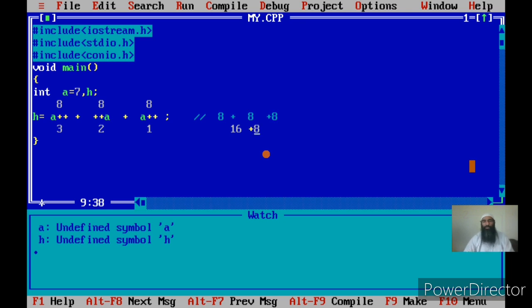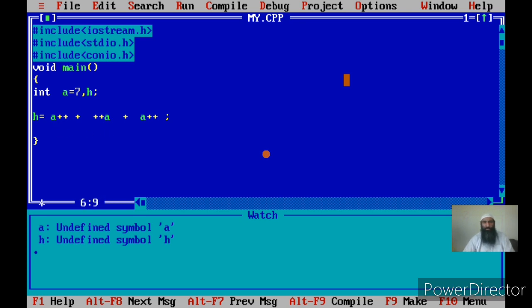Again this operation is done and we get the result 24, and that 24 was assigned to h, which you have already seen. This is the explanation of how this arithmetic expression is evaluated, because it involves the increment operators only in prefix and postfix form. Now let us make further changes to this.